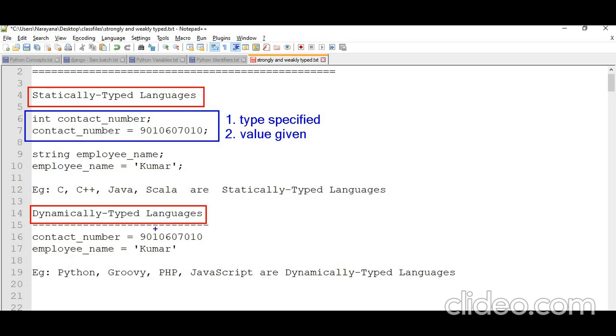But in the case of a dynamically typed language, there is only one line. In that one line, directly what we are giving is the value. So we are giving the value directly.